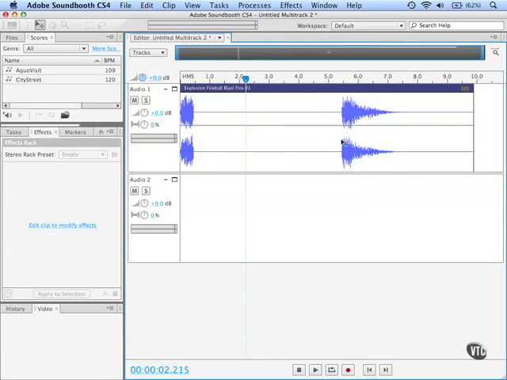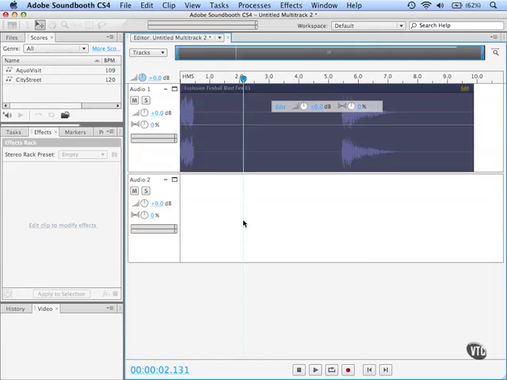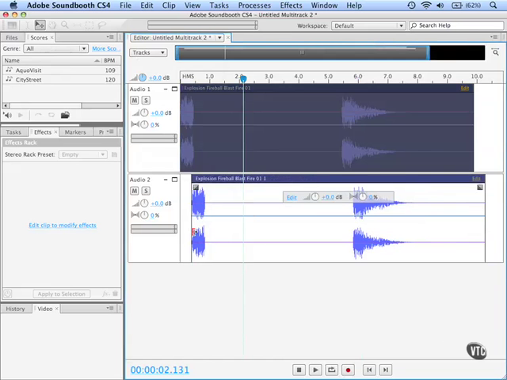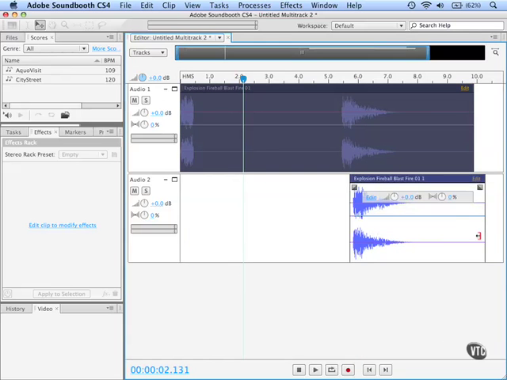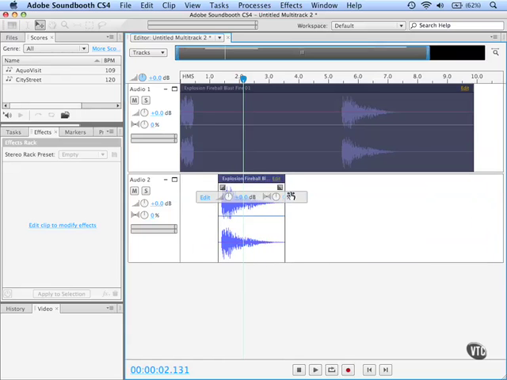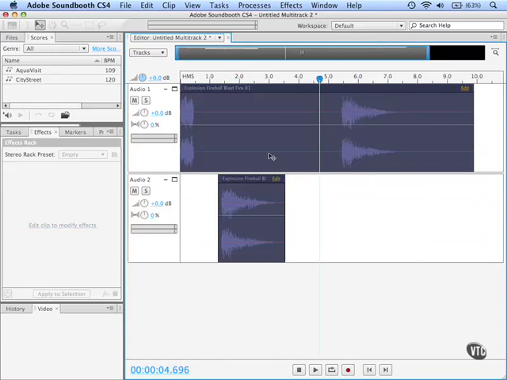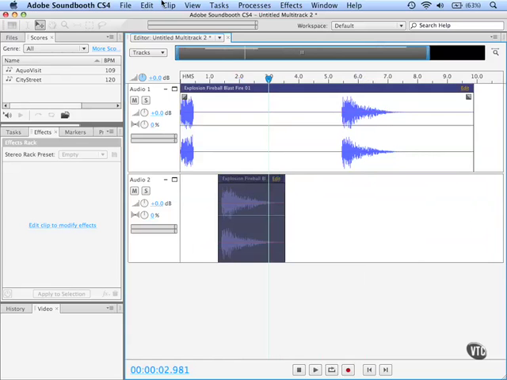We can even, if we wanted to, take a portion of this one, copy it and put it down, paste it here, and let's just make it a shortened version here just to give us some variety in what we're looking at. So now we've got more than one clip active, and from this menu,